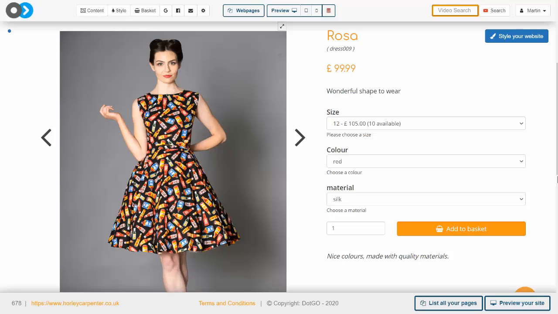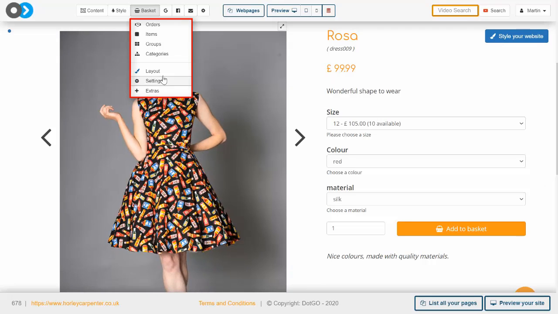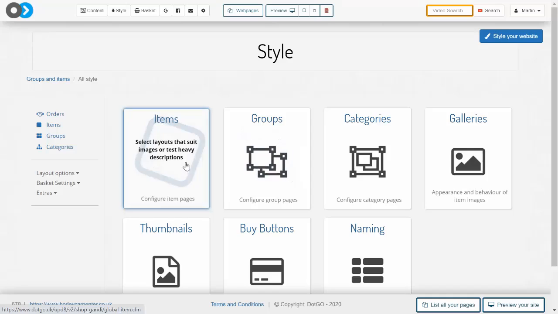You can choose different layouts for item pages in order to suit the individual requirements of your business and the nature of your items. This is the first of a two-part series on configuring layouts, and ahead of this video you should have a number of items on your website that you are selling to customers. You can make changes to item layout by entering basket and selecting the layout section, and then entering the items